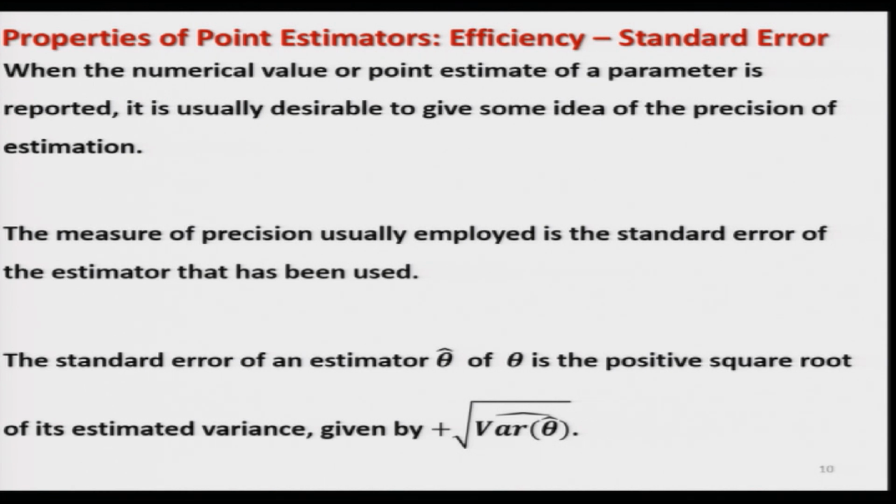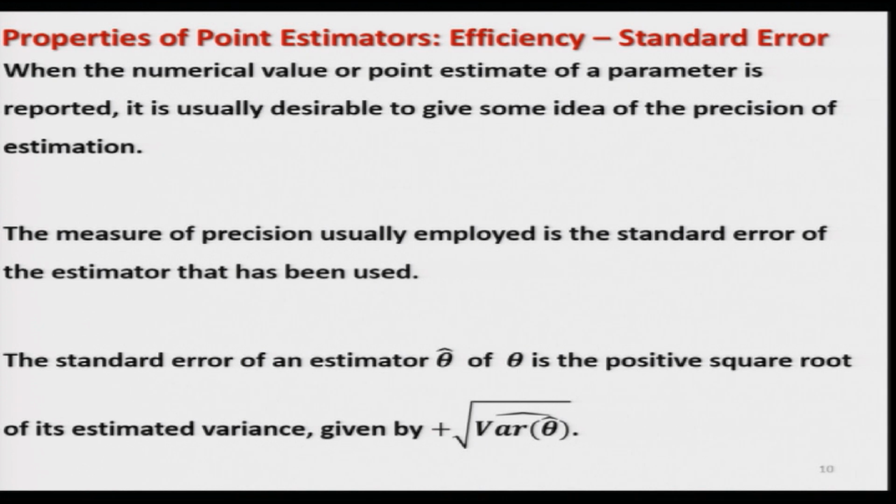So, you know that variance is a squared quantity. For example, if I have a random variable height, and suppose height is measured in meters, then variance will be measured in meter square. In practice it becomes convenient that instead of reporting values in terms of squared quantities, we want to report them in the same units.